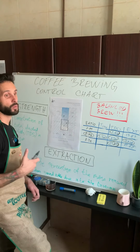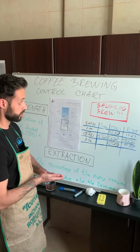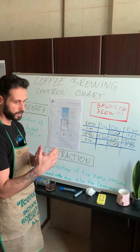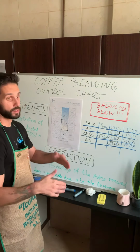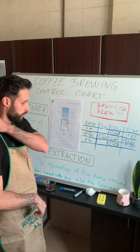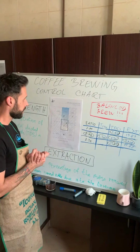And that means it's very weak with the longer ratio, which is logical. Stronger ratio giving the stronger coffee, lighter ratio giving the lighter coffee, since less or more water is pouring over the coffee. So now what we can see as a result, what can be our conclusion, is when we have